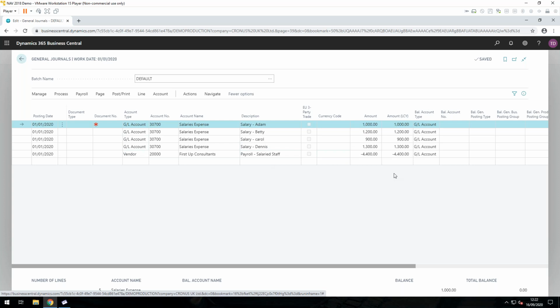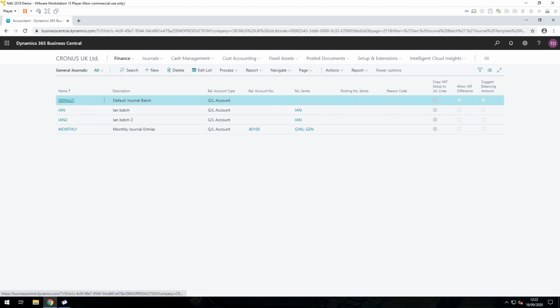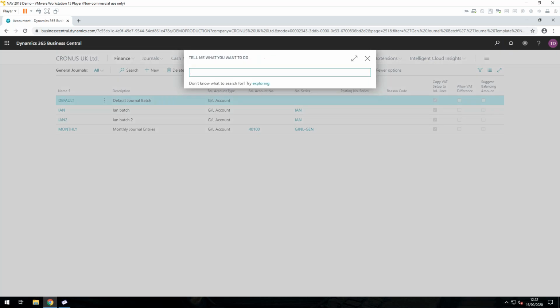This is a very simplistic way of doing things. If I was doing an accrual this way, I would need to manually go in and reverse that accrual on the 1st of next month. So there is another way of doing this, which is slightly smarter, and it's actually called a recurring journal. If we search for recurring journals on the system,